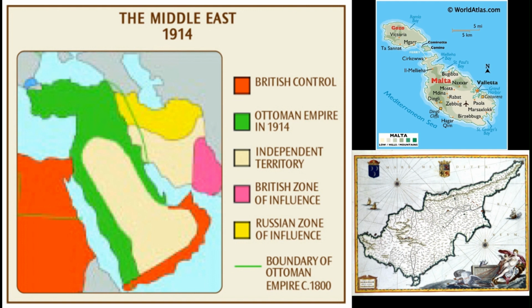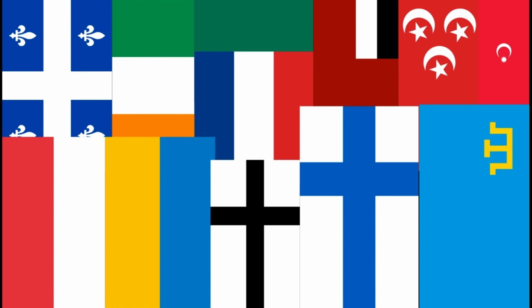Now, the end of this war saw a good number of new nations formed. A lot were formed due to deals made with locals or for their part in fighting against the Entente. The first nation we'll mention here is the only new nation formed on North America, and that would be Quebec.